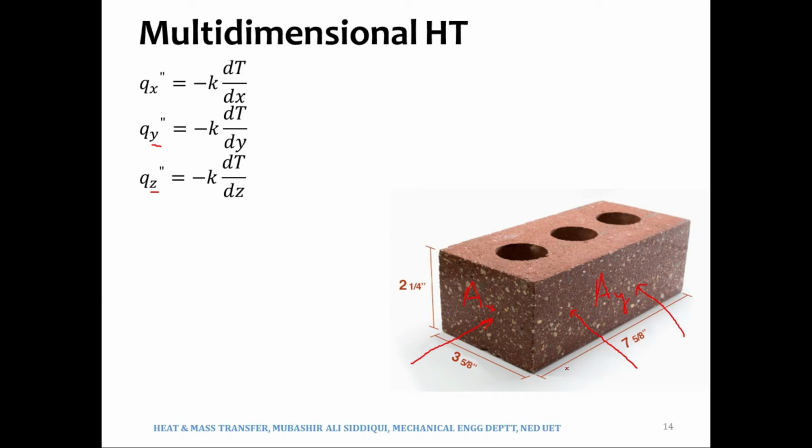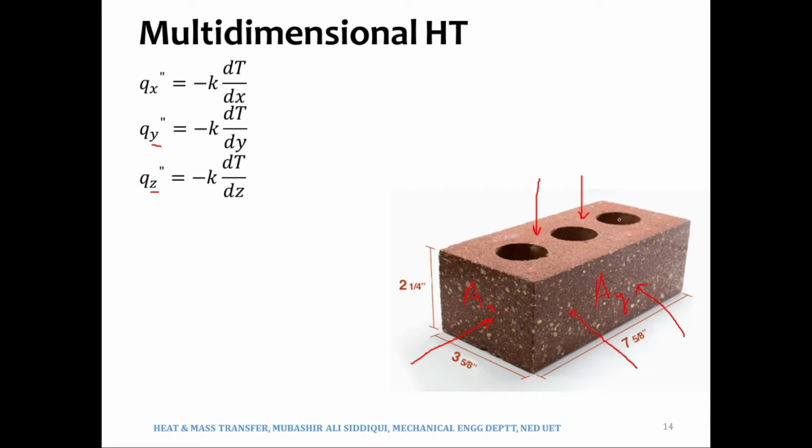And then Qz. So Qz would be the heat transfer in z direction. It may be from the bottom edge to the top edge, or from the top edge to the bottom edge. If you allow me, I will take it in this direction for your convenience, because what you can see is the top edge. So if the heat is flowing in this direction, then we will call it Qz. So now consider those circles as filled up.